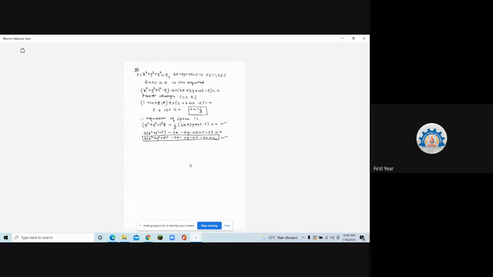Ma'am, I have one doubt. Yeah, ask. S + λu represents the intersection of that sphere and that plane, right? It's not representing the intersection. Intersection is written as S = 0, comma, u = 0. That's the circle. And S + λu is the required sphere. It's a locus through this curve, the circle. So the plane is passing through the sphere and we get the circle, and from that circle we are drawing a sphere. Correct.